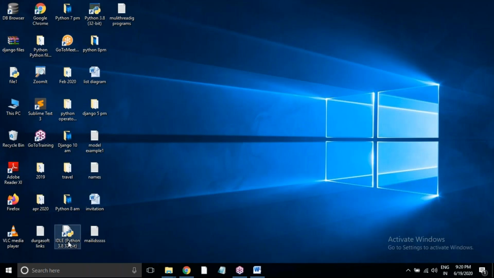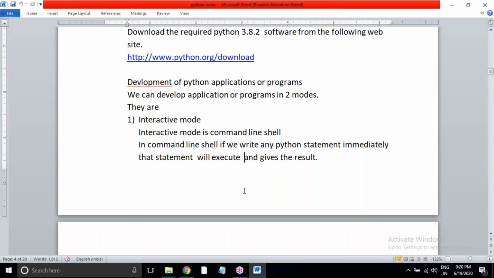Ideally we can delete this version or we can keep 3.8 32-bit. So you can see this icon here. When you are working with Python, you can see two modes. Interactive mode means we can call it a command line shell.